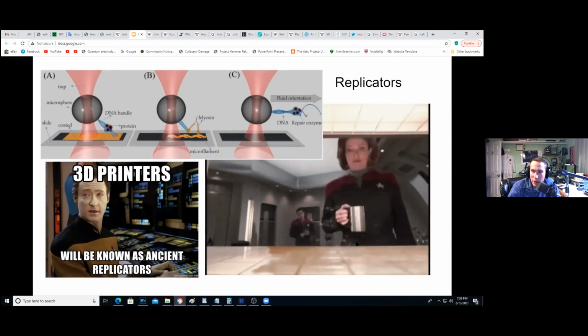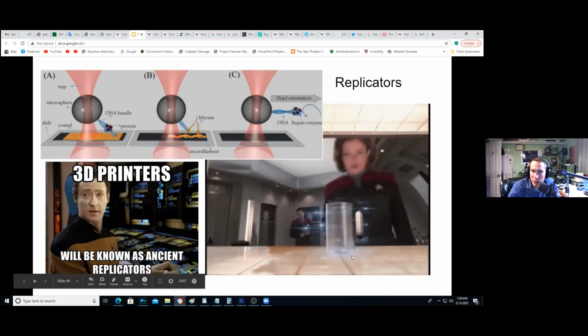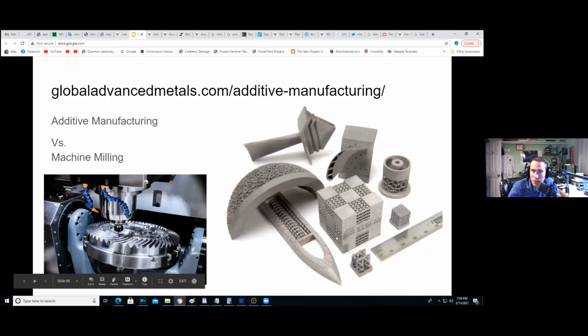There's a couple things about that. We're not quite building a replicator with 3D printing. 3D printing has its limitations, called additive manufacturing. Certain things are still better to build on a CNC and milling machine, out of a cast solid piece, because it's a lot stronger than something built up of a bunch of stuff that's been printed together. Something that's cast as a whole and then cut and reduced down through reductionist machining is sometimes clearly superior to a lot of these other things.